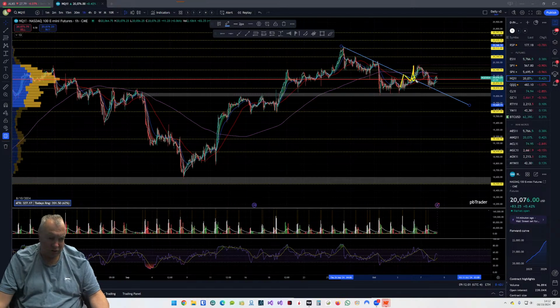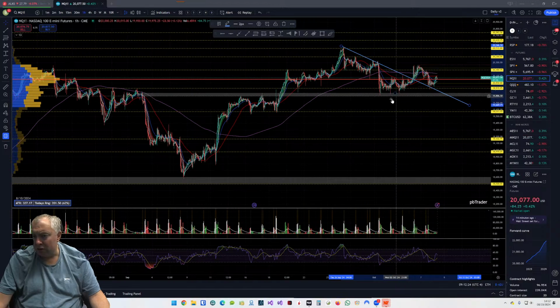So maybe I should put my trend lines in a bit more often, because we could use that as a bounce area. A couple of days ago, came back down, look at that, it's come back down into that trend line again, and it's bounced. So we can keep an eye on this trend line, and maybe we can watch it for a bounce back down here again, which will coincide with this area of support or demand.